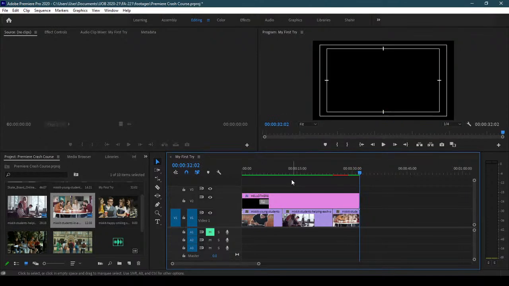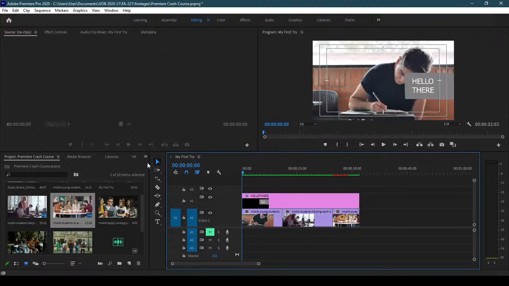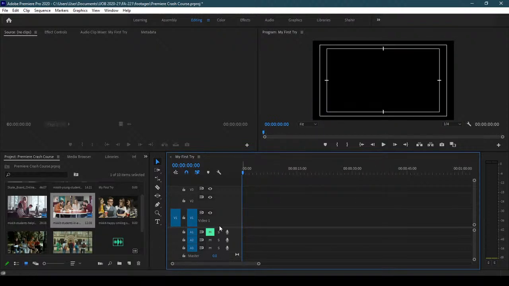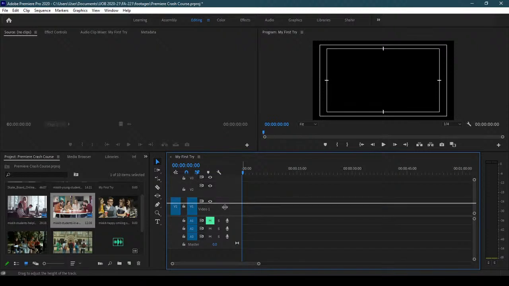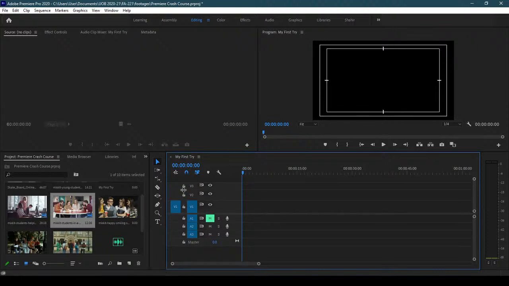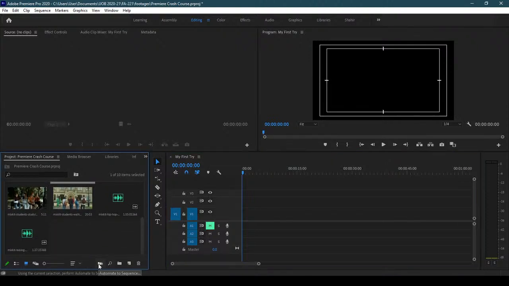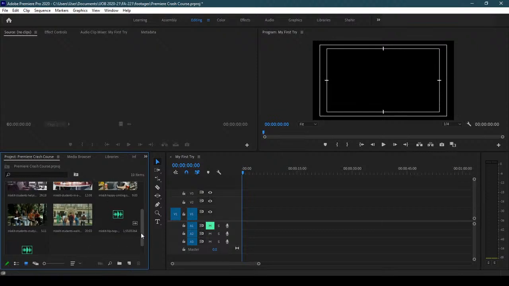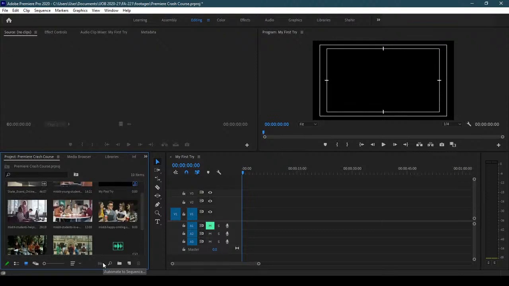Okay, so this is how your timeline and these tools actually work. Now, one thing before going to the break, let me make this smaller. Now, here we have Automate to Sequence. What Automate to Sequence does, this button,